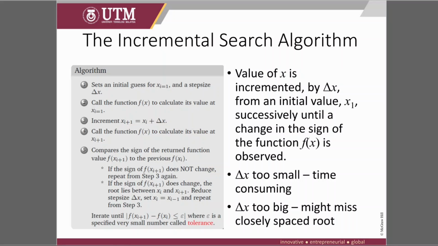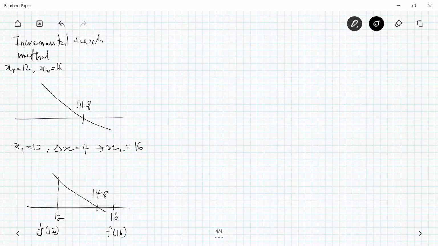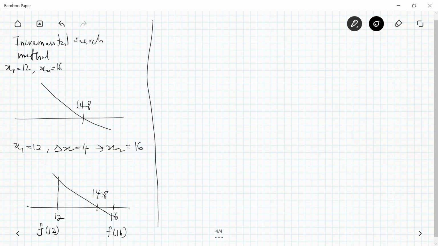Okay, so let's take a look. In our case, we know this is a positive sign. This is a negative sign for 16. Then we know there's a root in between. So what do we do when we find a root? Now we say that this is our first iteration. Okay, and then this is our second iteration. So what we'll do for our second iteration is,